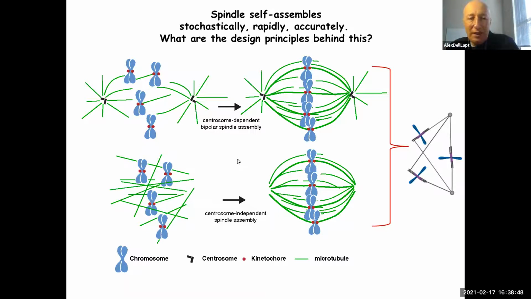The opposing view was that centrosomes are not actually important. This opposing view comes from observations that some spindles, for example meiotic spindles, can get organized without the centrosomes. And this view is that microtubules are actually coming from the kinetochores or somehow emerging in the vicinity of the chromosomes, and then